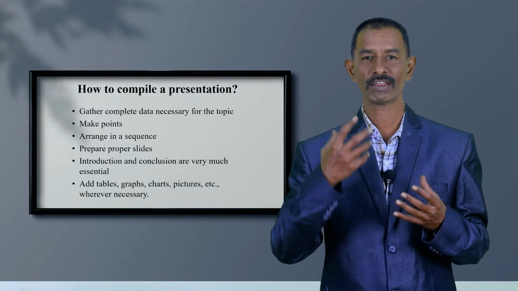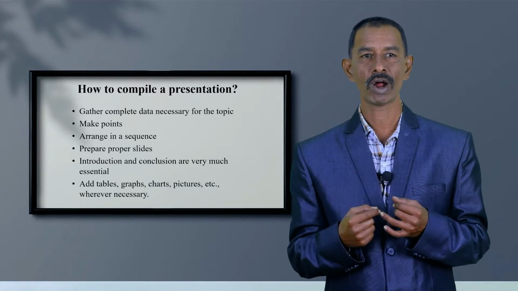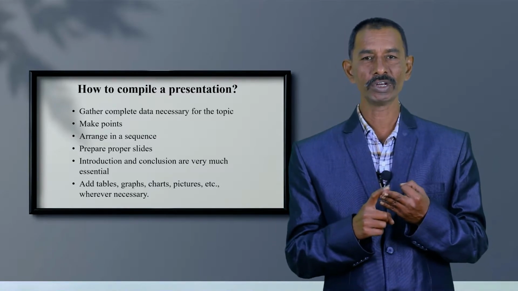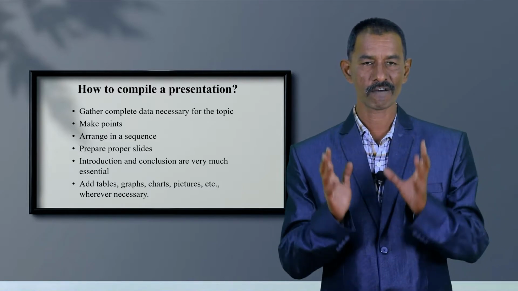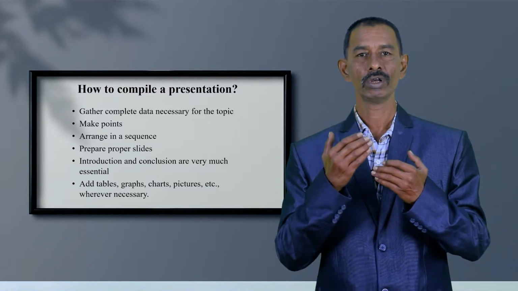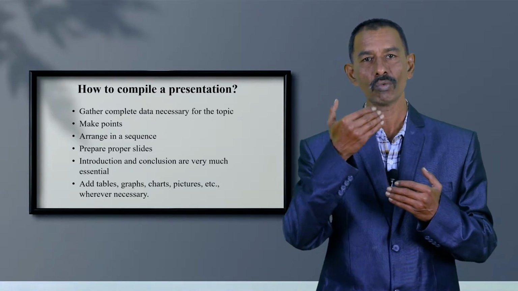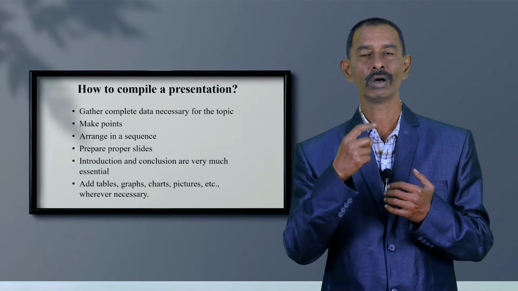After gathering the data, you have to make the points one by one. The third point is to arrange it in a sequence. After making the points roughly, we select them and make them into a sequence, one after the other,